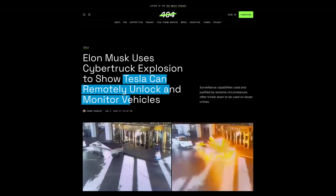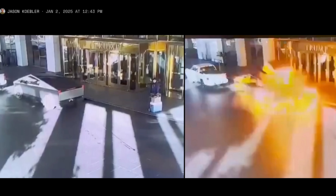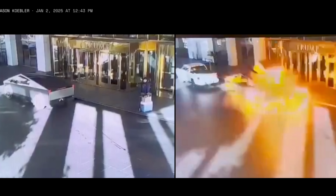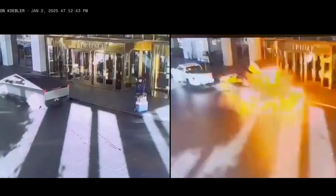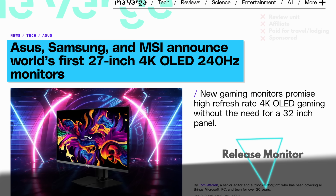Just this week, Tesla remotely unlocked the Cybertruck that exploded and also published data on what it was or wasn't doing, so I guess expectations on privacy and control over a vehicle that you actually bought might be, let's just say, shifting altogether. Okay, moving on to our release monitor, we have a lot of pre-CES products already,